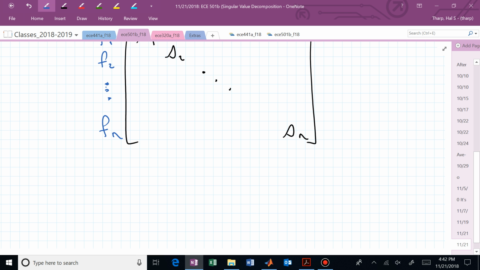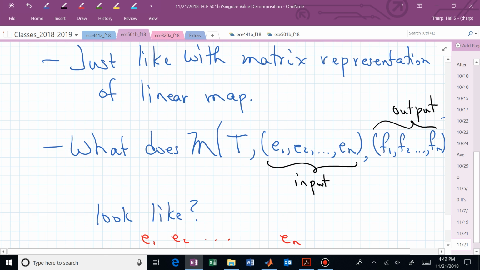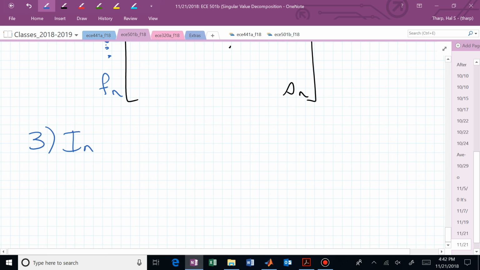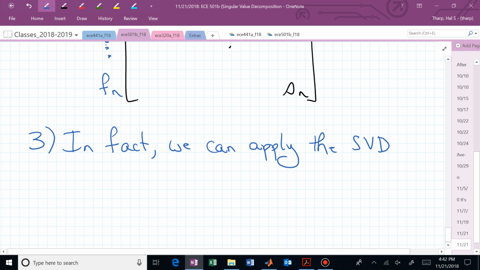And in fact, even though this might be a little bit weird, now we can extend this operator singular value decomposition to a linear map. In fact, we can apply the singular value decomposition to generic linear maps,